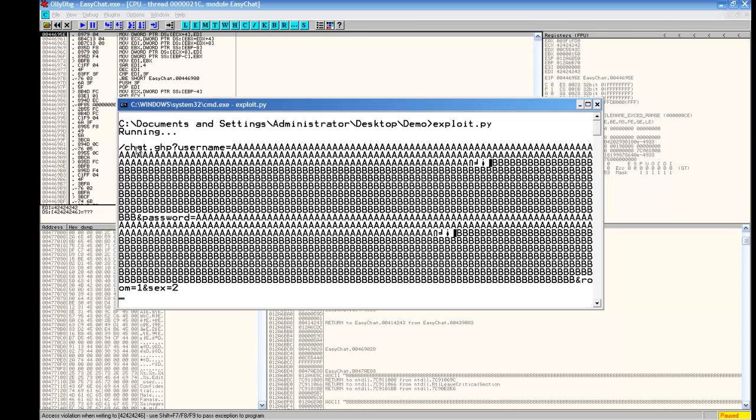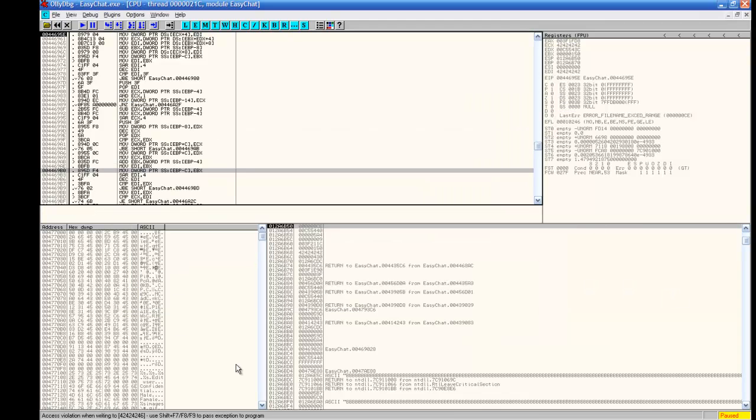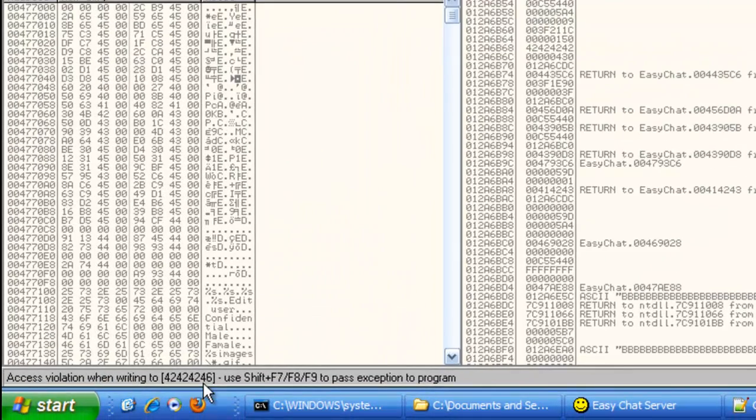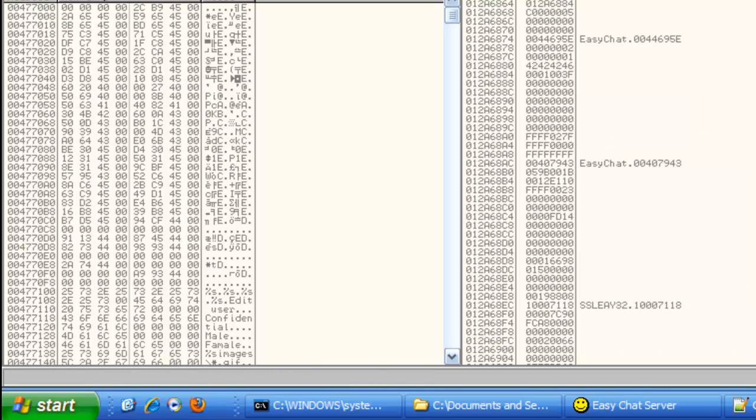Alright, so you can see we're passing to the GHP file a very long username of the A's, followed by the B's, and password, etc., followed by the @room equals 1 and sex equals 2. And if you go down into Ollydbg, down at the bottom left, it says access violation when writing to, etc. Use Shift F7 or F8 or F9 to pass the exception to the program. I'm going to go ahead and press Shift F7 to pass the exception so that now we can jump to